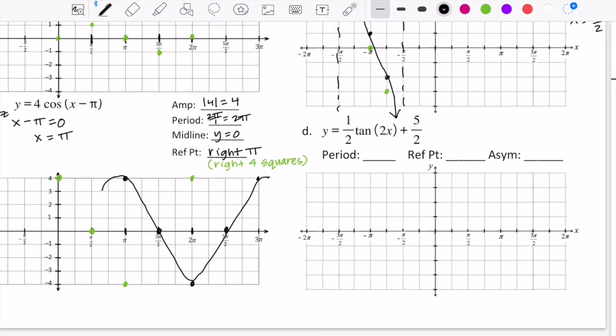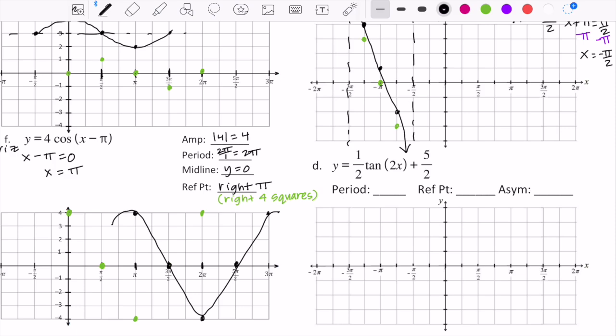Okay, last one here. The period is going to be pi divided by 2. There is no horizontal transformation, but I am going to go up 5 over 2, and then my asymptotes are 2x equals negative pi over 2. Do the math for that by multiplying both sides by 1/2, and then you get x equals negative pi over 4, and then 2x equals pi over 2. And again, you can divide by 2 if you want, but just remember to make this 2 over 1 so that when you copy dot flip,